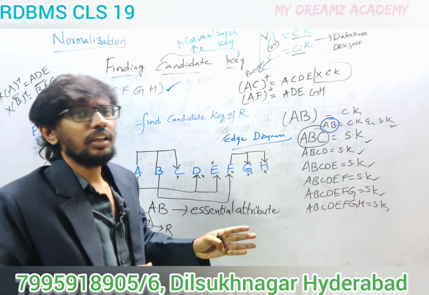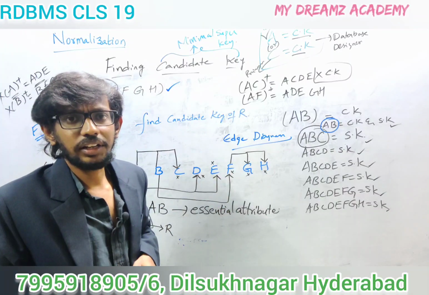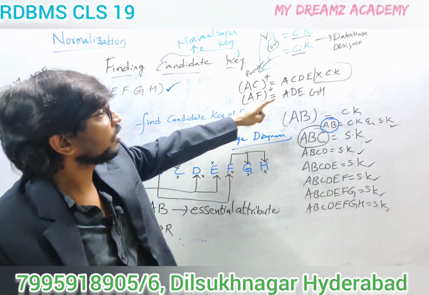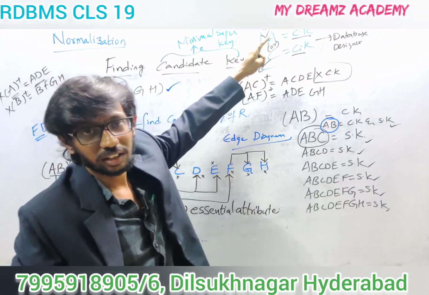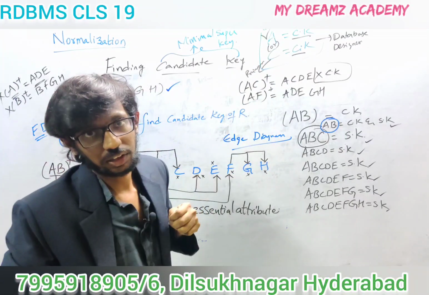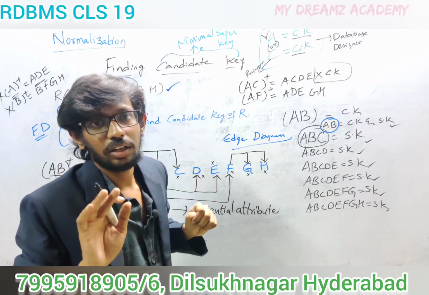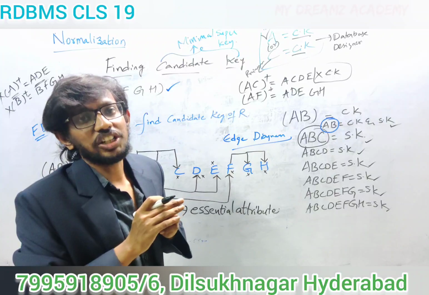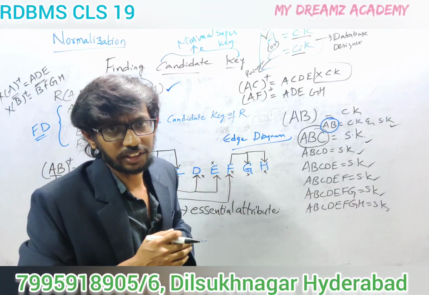So a candidate key is also a primary key, right? But who will take the responsibility? The database designer will take the responsibility of determining the one primary key among two candidate keys. That is the important information to be noted here. In a given relational schema with functional dependencies, we can have multiple candidate keys.